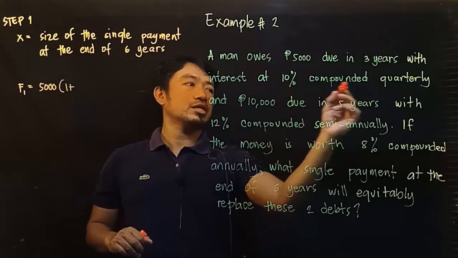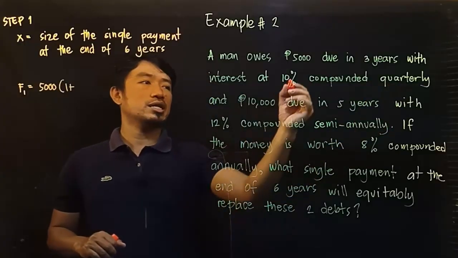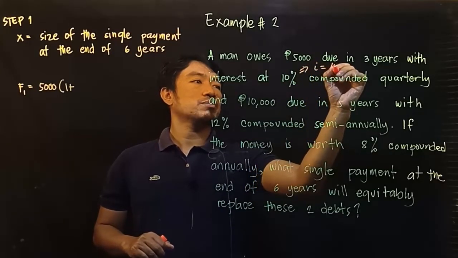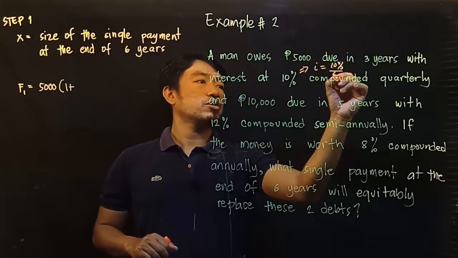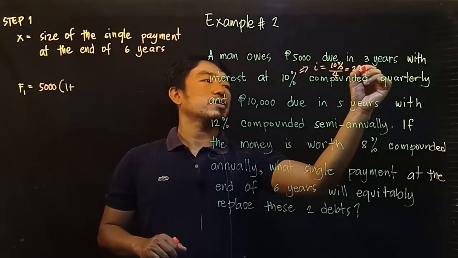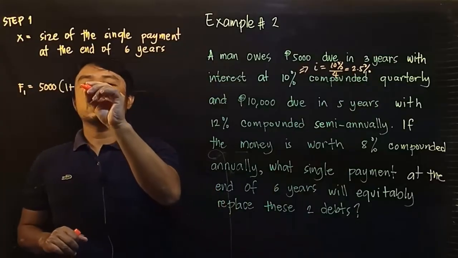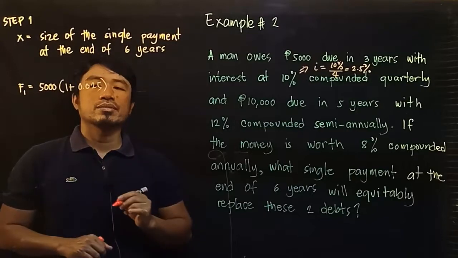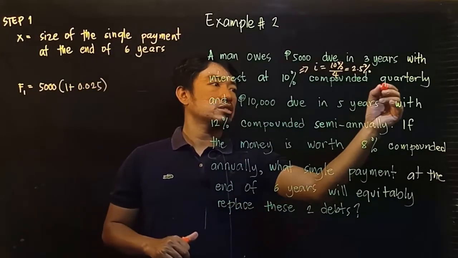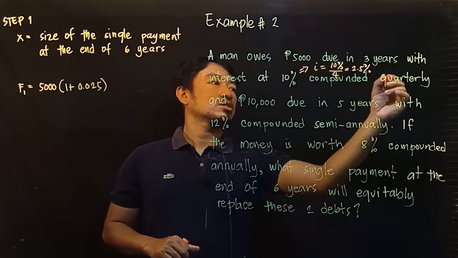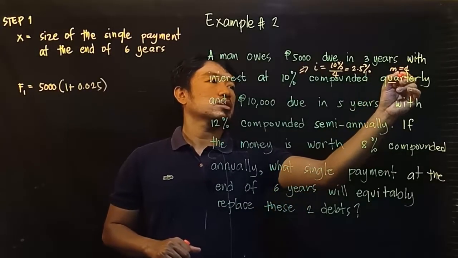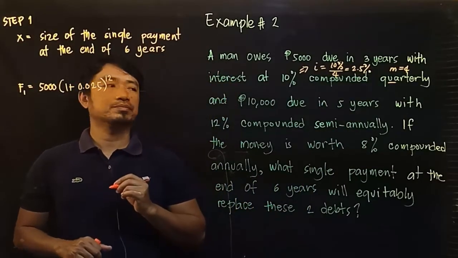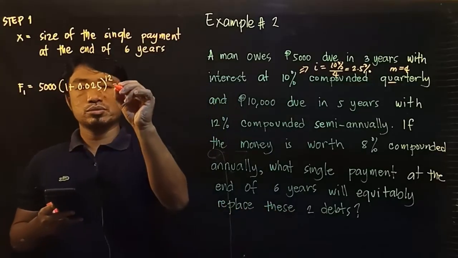This is 10% compounded quarterly, therefore its corresponding i is 10% divided by 4, which is equal to 2.5%. So our interest rate per compounding period is 0.025. Its corresponding exponent: this is quarterly, so m is equal to 4 times the number of years, 3, therefore this is raised to 12. This is equal to